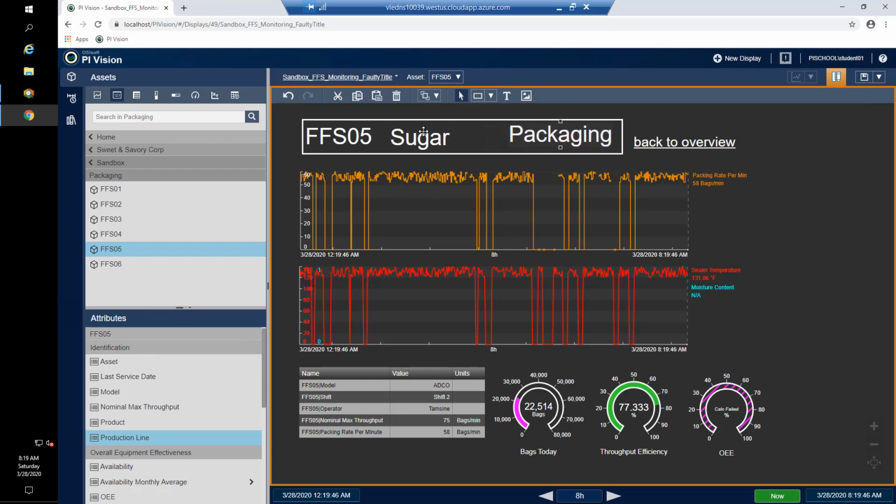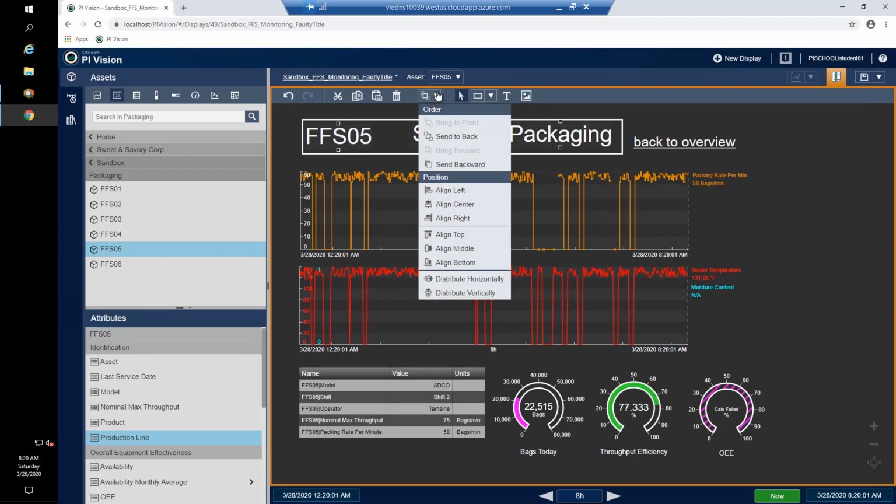I can position the 3 of them, and then in order to make it a little bit neater, I can select 1, 2, and 3. In this arrange window, I can align the middles. Be very careful you don't align centers here, because that'll overlay them all on top of each other.